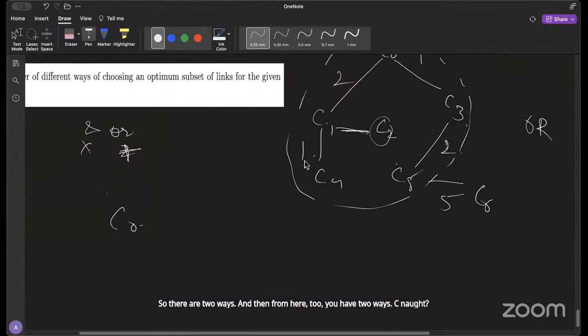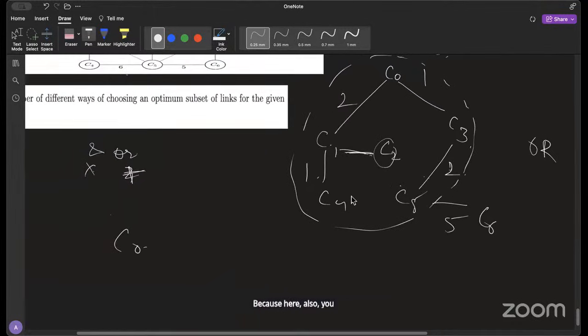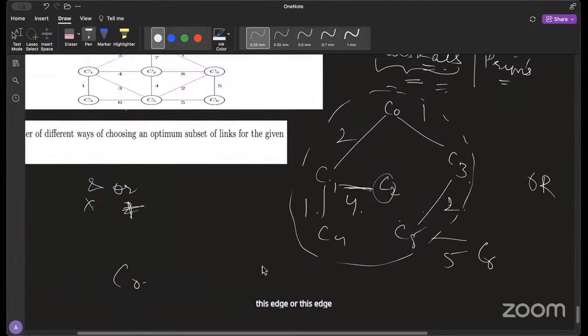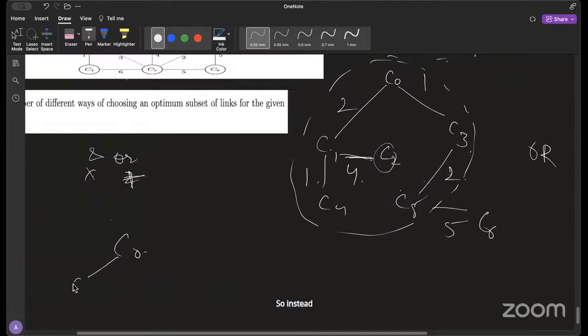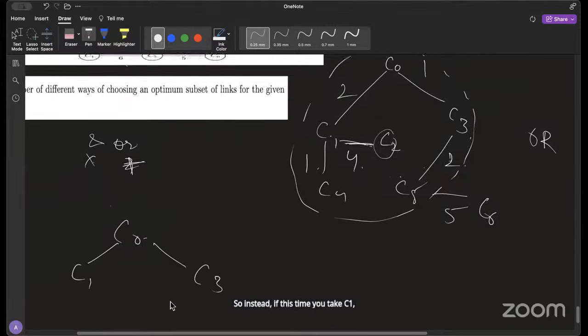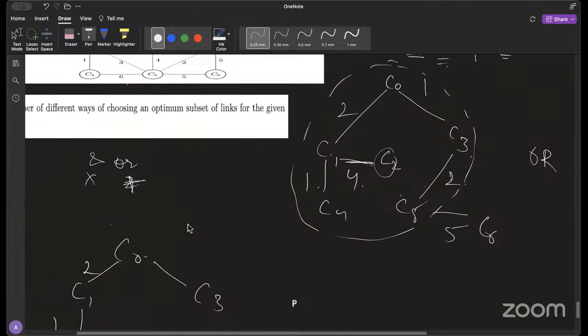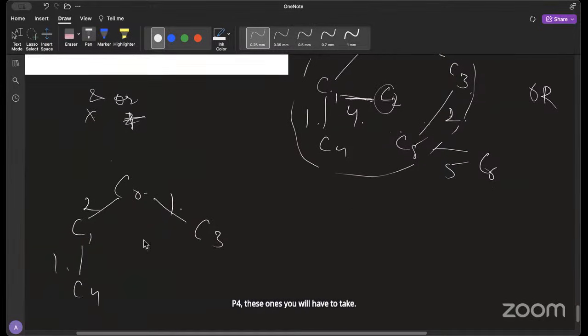C naught, because here also you had 2 ways. Either you take C1, C2, this edge or this edge, right? C2, C5. So instead, if this time you take C1, C3, C4, these ones you will have to take. And then instead of this edge, if you take this, this also you will have to take. C1, C3,